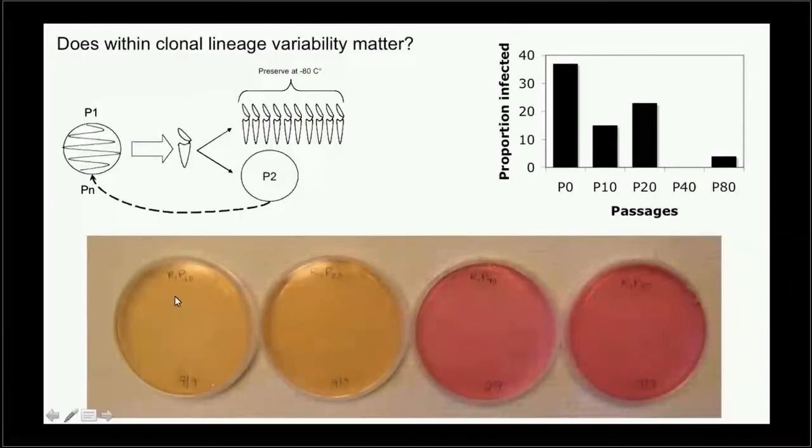Just looking at phenotype on plates, you can do this for 80 passages, and it changes the pH of the plate. It's using different substrates. But more importantly, if you put it in plants, here's the proportion of plants that were infected for P0, which would be your wild type, let's say, and an evolved lineage. You can see that the trend here is downwards. Essentially, you can make Xylella lose pathogenicity with serial transfers, but you also have a lot of diversity generated on the plates themselves, and that leads to potential for selection, of course.